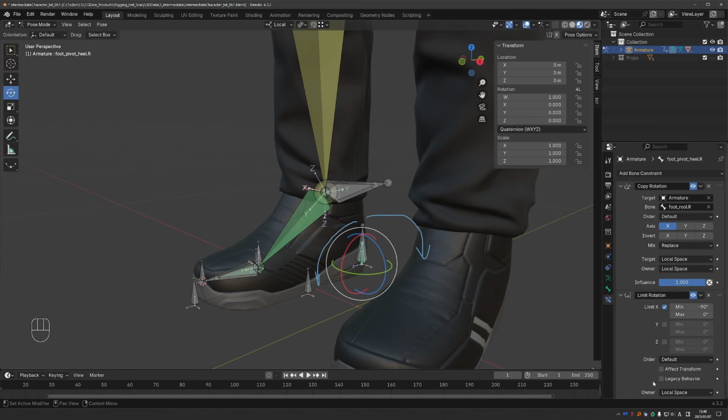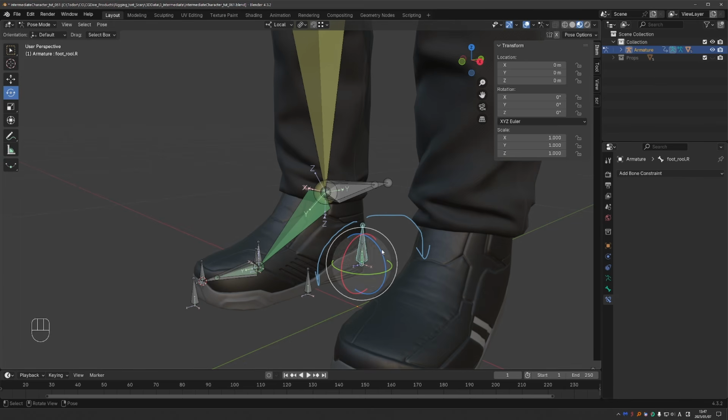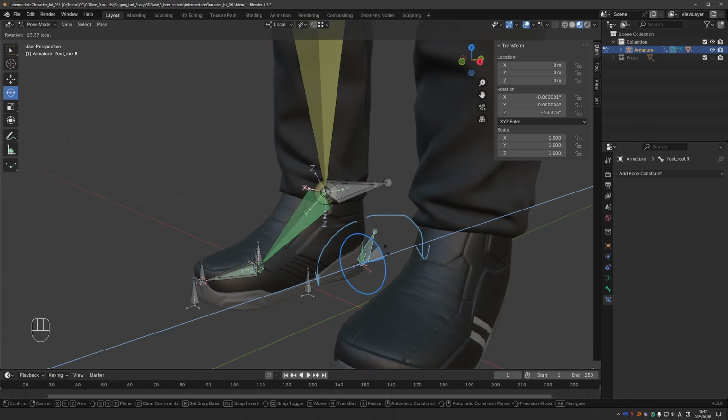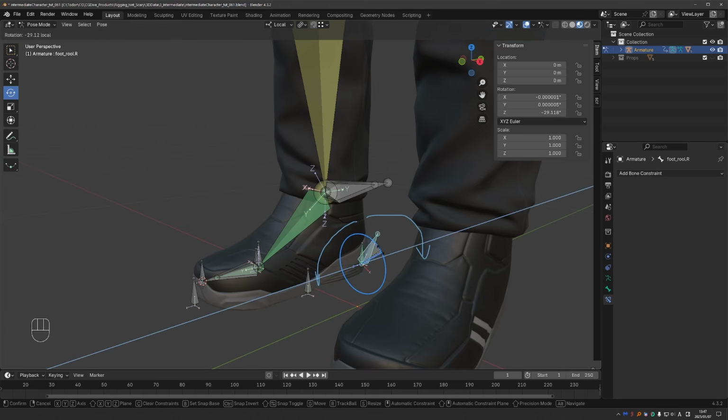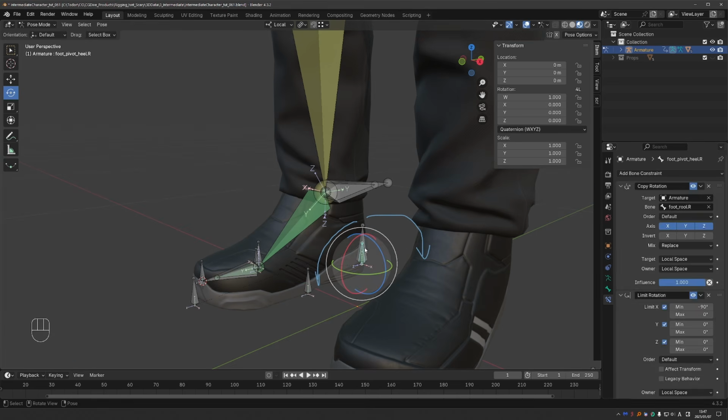So this is perfect. It already works because we disabled the Y and Z axis. So even if I rotate the control bone left and right, the heel doesn't react. Alternatively, you can also enable Y and Z limit rotation and just leave all values to 0. And then you could enable Y and Z axis and the setup will still work. I'm just mentioning this quickly, hoping that it will give you additional understanding into how constraints work and how they